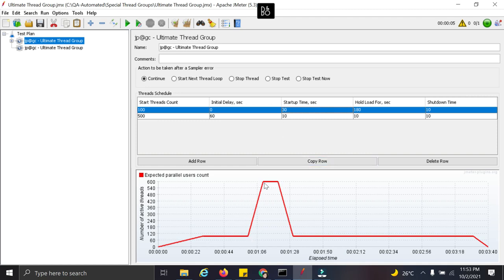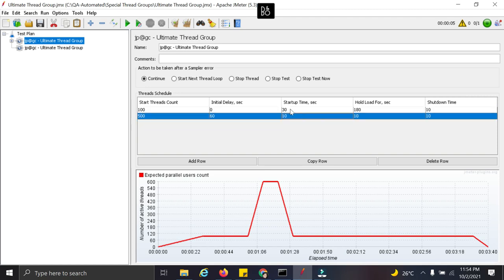I want to hold this load for 10 seconds, and then I want to shut down these 500 threads after 10 seconds and keep holding the 100 threads until it covers 180 seconds, and then tear it down over the last 10 seconds.